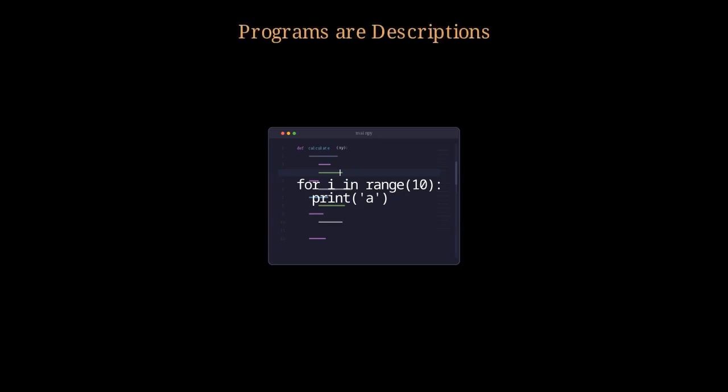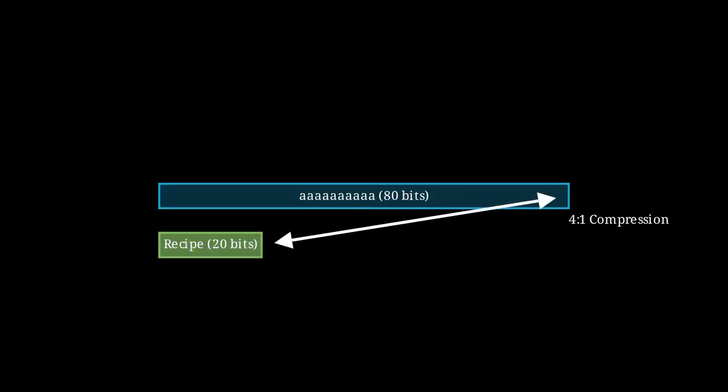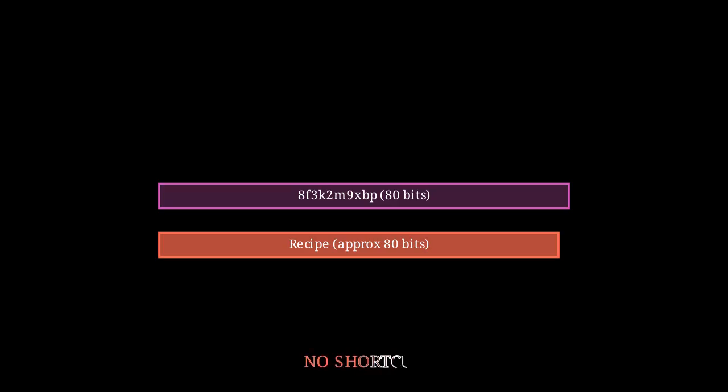Any code that outputs a string is a valid recipe for that data. Structured strings have low complexity because a tiny recipe can recreate them, drastically reducing their total information content. In contrast, random strings lack internal structure, so they cannot be summarized. When the recipe is as long as the data, the sequence is truly complex.